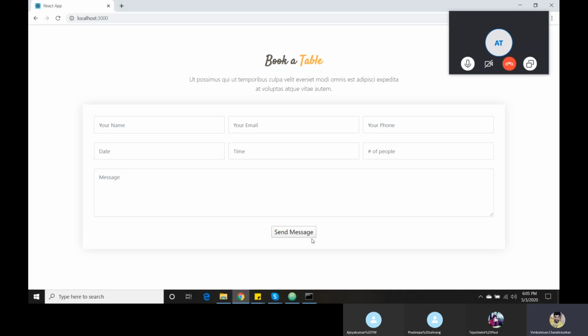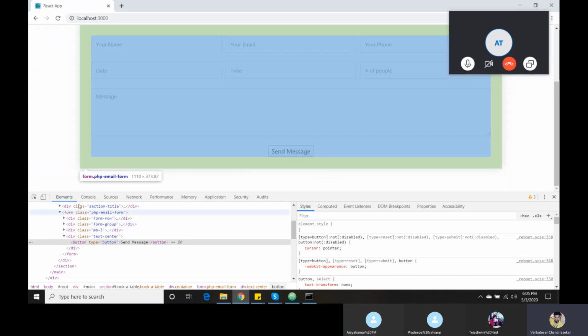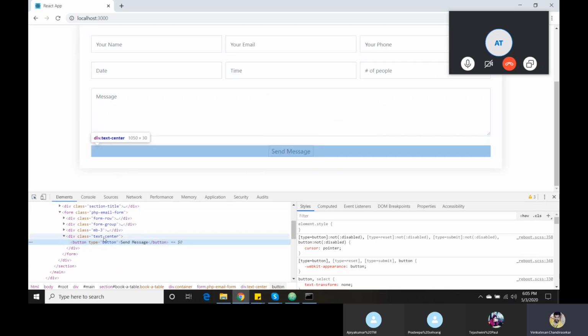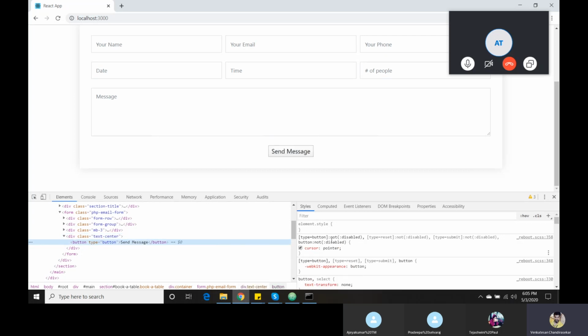Wow, here the design has changed. The reason is the front-end developers did the CSS for the submit button. Now I am going to change the CSS. I'm just telling how we need to change the CSS using the inspect element. If I just want to change my button styles, I'm going to click here, on this one.